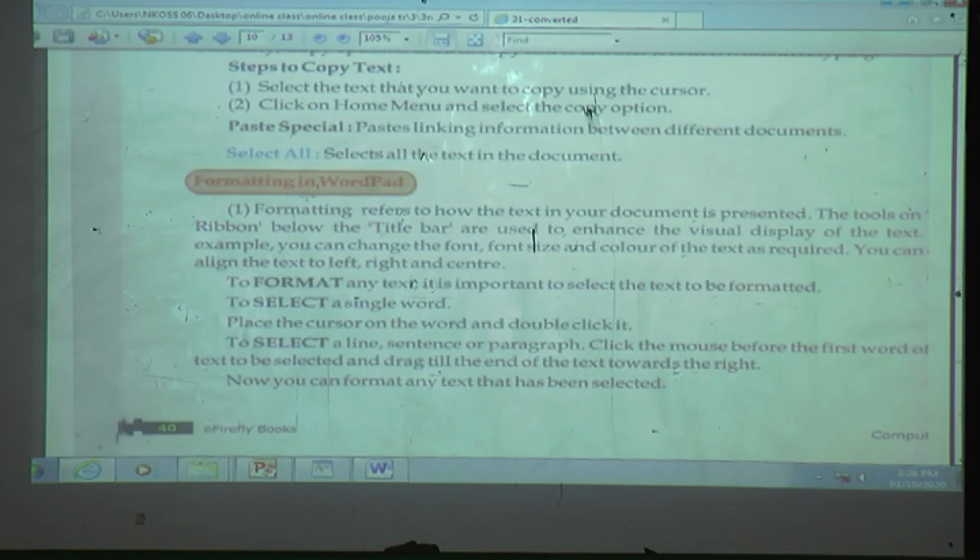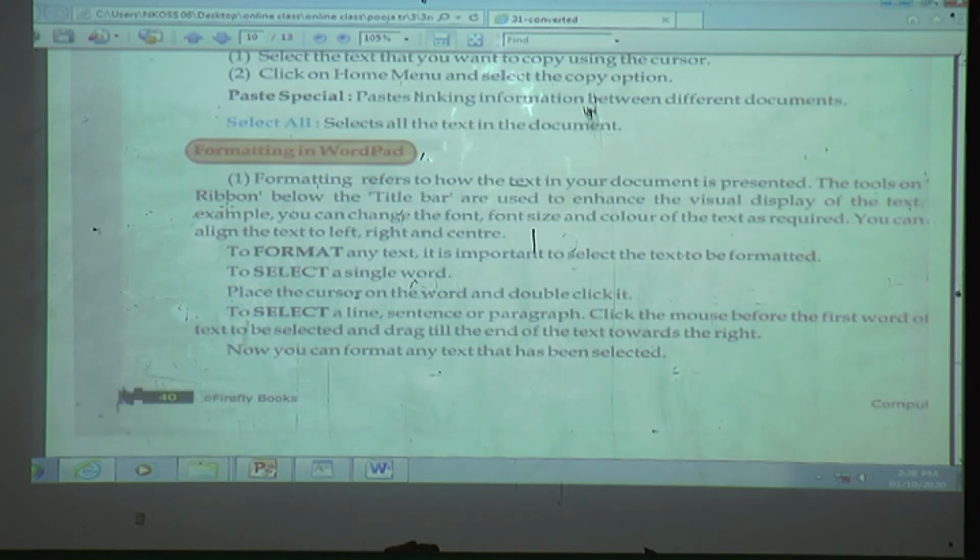Next is formatting in WordPad. How to format the text in WordPad? Formatting refers to how the text in your document is presented.